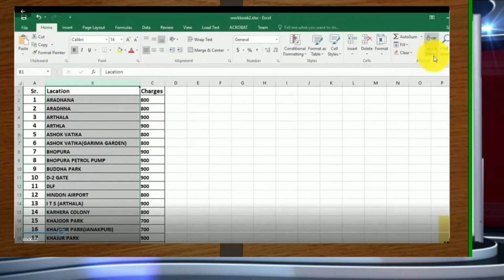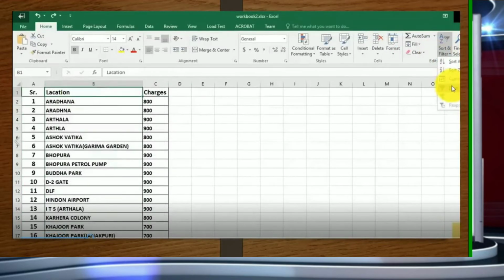In Home tab. See, Home tab is selected here. It is highlighted. And right hand side you have sort and filter group, and it is an editing group. So you have to go there and you have to choose option sorting, A to Z. Once we go to sorting A to Z option, you will get a dialog box and you have to click on OK. Once you click on OK, the data you will see on the screen will be in ascending order.